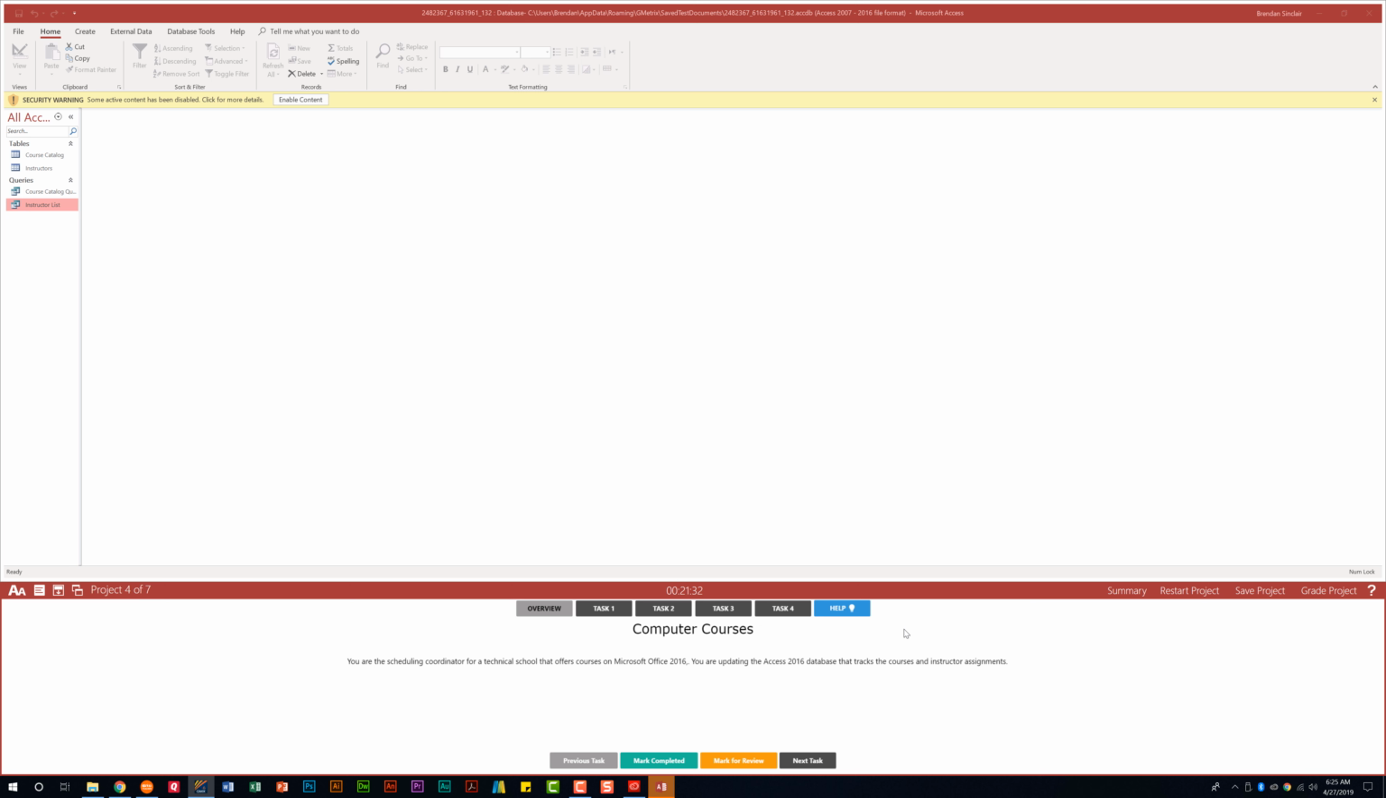We are working on GMetrix Access 2016, Practice Exam 2. We're looking at the fourth project called Computer Courses. Task 1 tells us to create a query named Enrollment Check with the criteria parameter displayed field courses, yes or